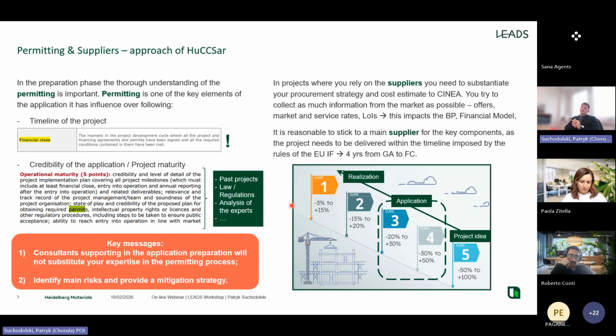Another aspect which I would like to highlight is the permitting and the suppliers. In our case, in this CO2 storage project, the permitting is key. I believe it is also key for all other projects, because usually this is the issue which is slowing down all the Innovation Fund projects. Do not